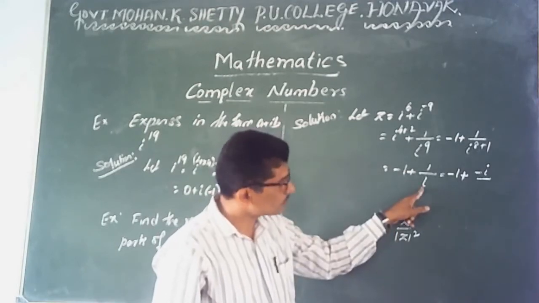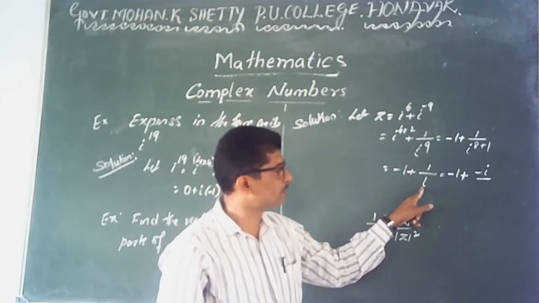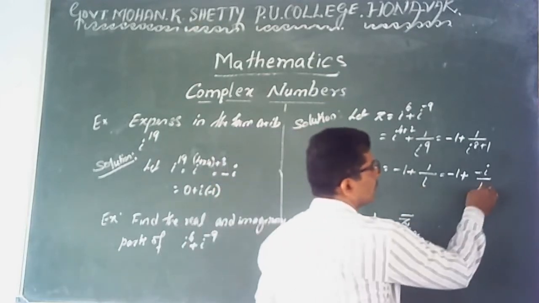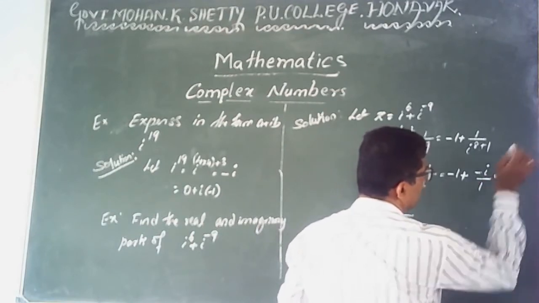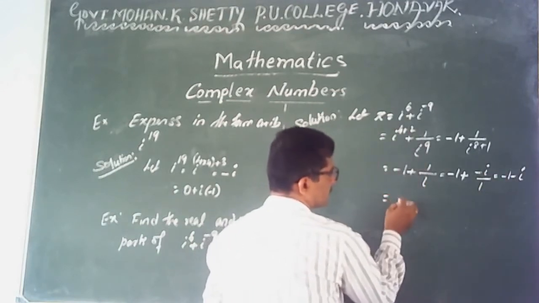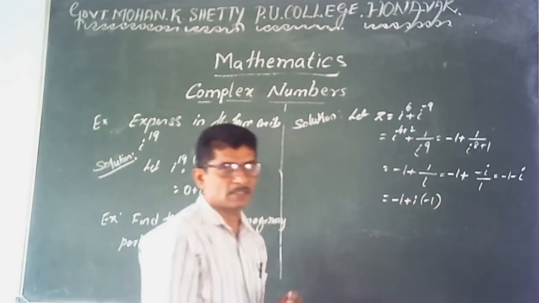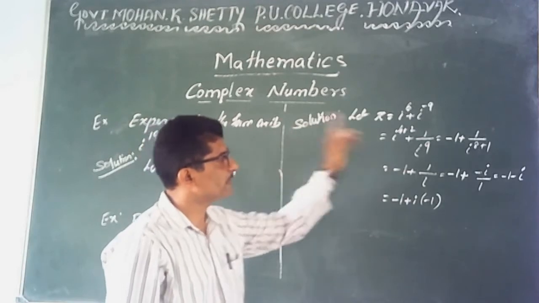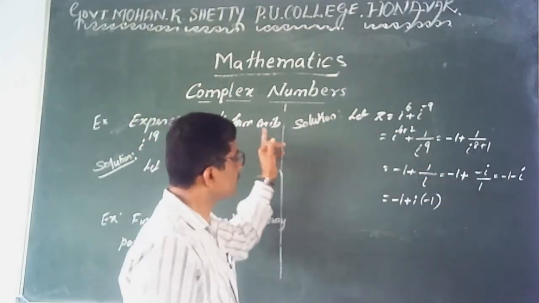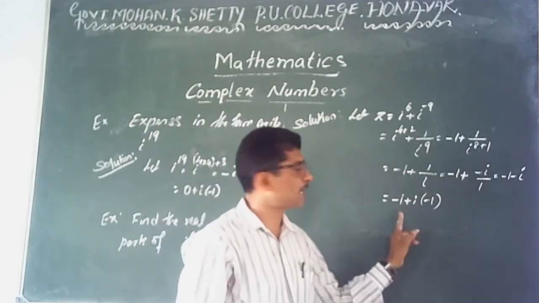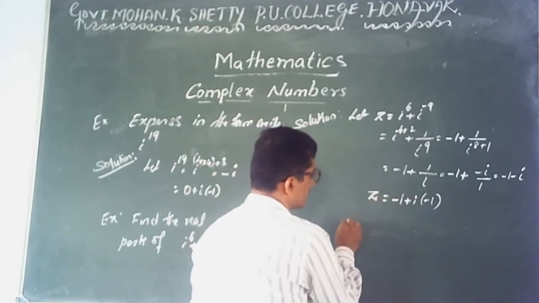What is the modulus of i? It is 0 plus 1 into i. The square root of 0 plus 1 means 1, and 1 squared means 1. Minus i divided by it means minus i. So rewrite this value as minus 1 plus i into minus 1. Simplify, you write minus 1 minus i. Express in a plus ib form: minus 1 plus i into minus 1. To find the real and imaginary parts, write the notations.